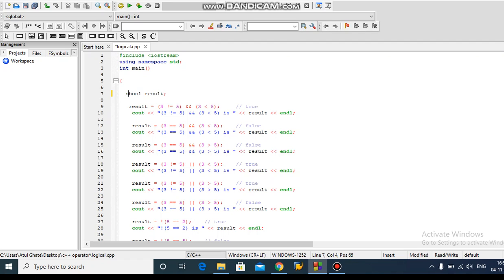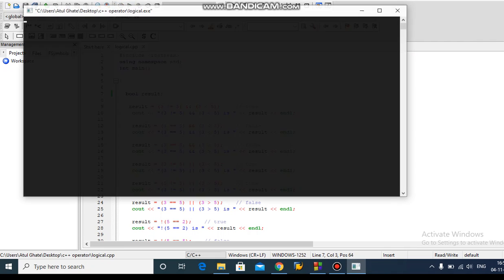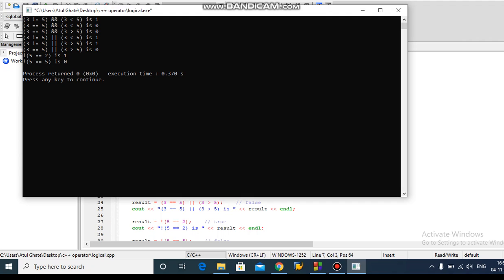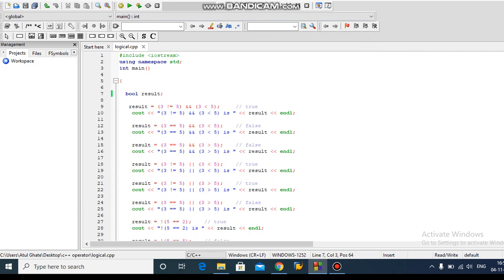Suppose I build this program and then run it, it gives the answer, but after some programs it does not support, so that's why I am writing the std::bool data type.